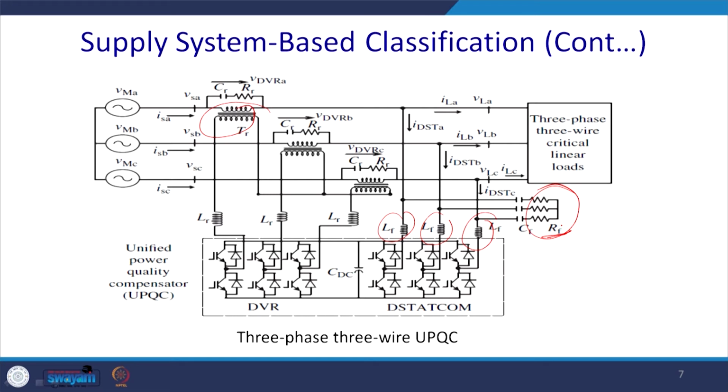Similarly, we have these series injections for the LR, and we have a DVR and CR, and there is a leakage reactance that will mitigate your switching frequency ripples, and that will be sunk or mitigated, damped actively by the RR resistances. So, this is the principle of operation of the 3 phase 3 wire 2 level UPQC.